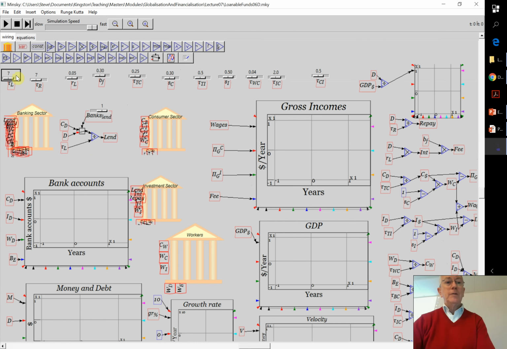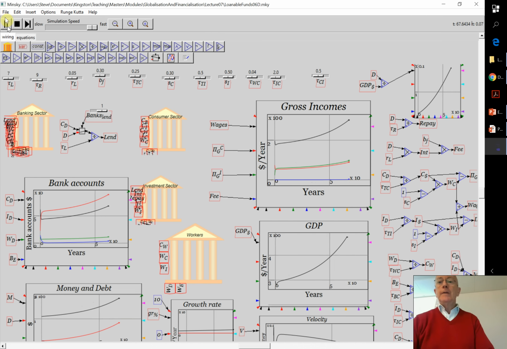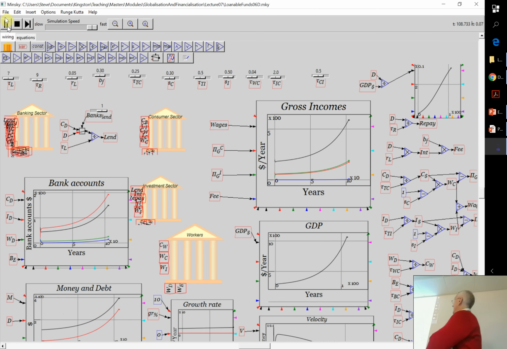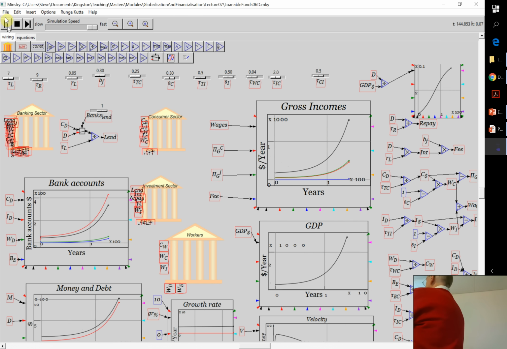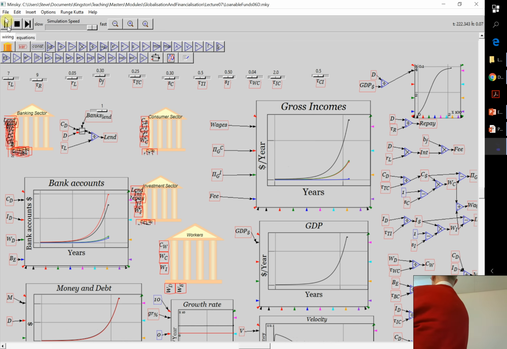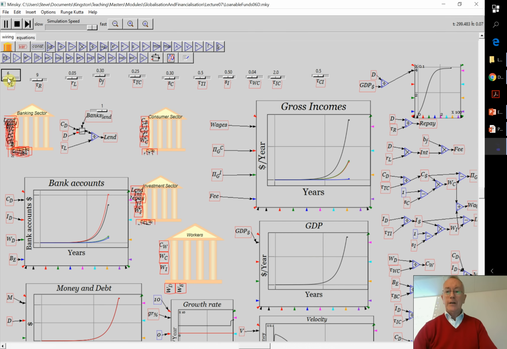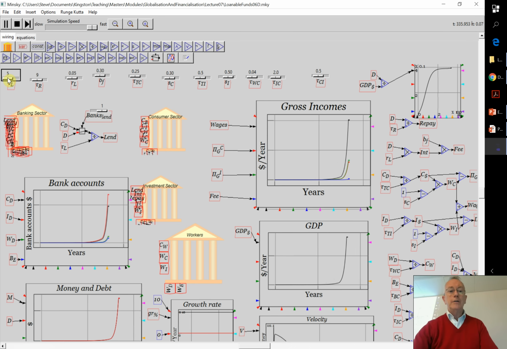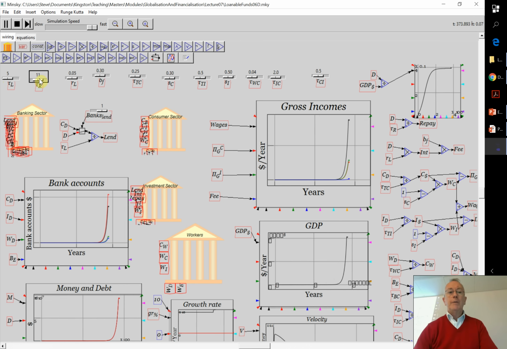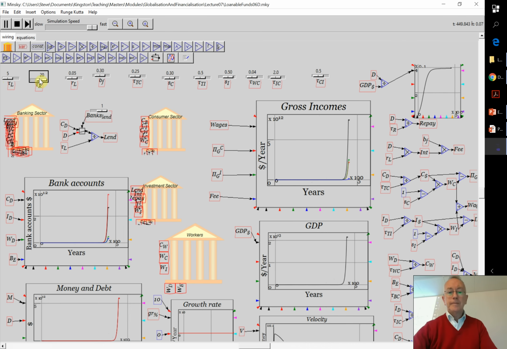So I'll start with 7 and 9, and now it should run more rapidly, which it is. Okay, so you can see the debt ratio rising there. It'll ultimately start to stabilise. Gross income's rising, money and the changing level of debt, changing the amount of money. We're now stabilising at about a 40% debt to GDP ratio there. If we have a faster rate of lending, then the debt ratio will rise, slow rate of repayment, faster rate of GDP growth. It's actually gone off the scale on the graph I've got down there.